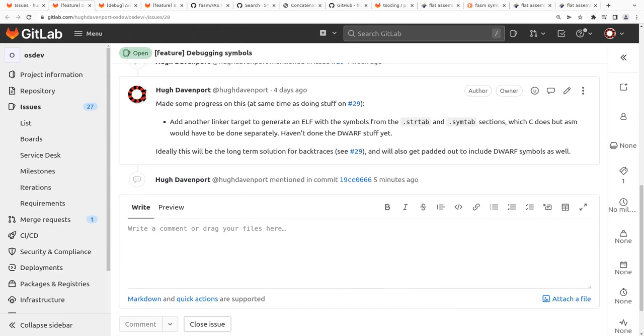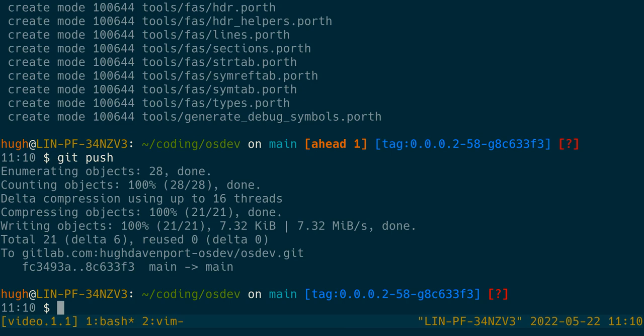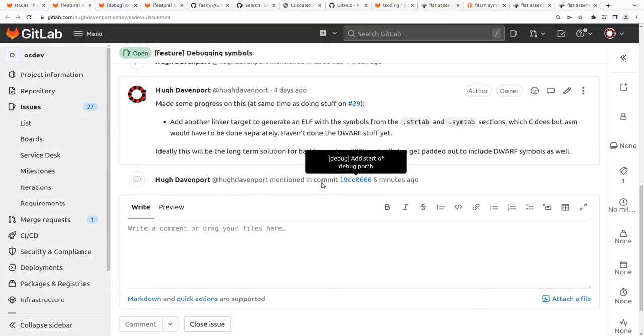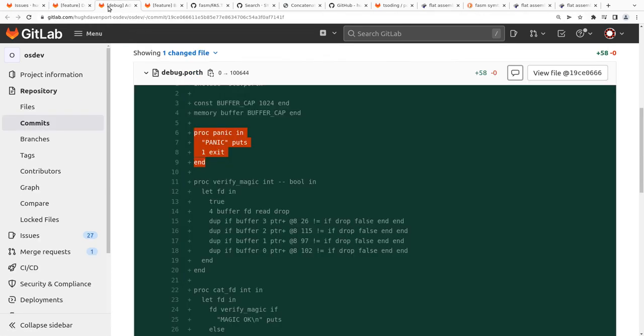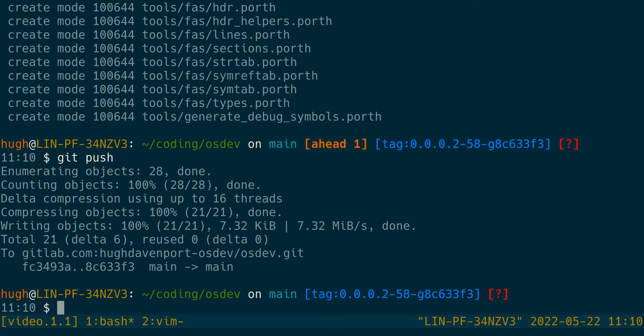Now there is one issue that we have. It's a work in progress, but I have a feeling that I will probably leave it at this because it's significantly better than nothing. But there will be some bugs in